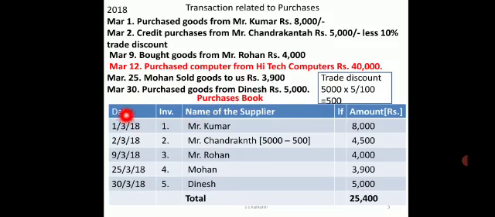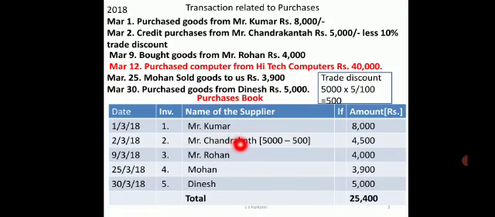The format you are having: date, invoice number, supplier's name and amount. Now invoice number is not given, so we will just write 1, 2, 3, 4, the consecutive numbers. Now on first we are having purchased from Kumar 8,000, so 8,000 is taken in the amount column. In the name we are going to write Mr. Kumar. Then on second it is a credit purchase made from Chandrakant, so on 2nd March I will write invoice